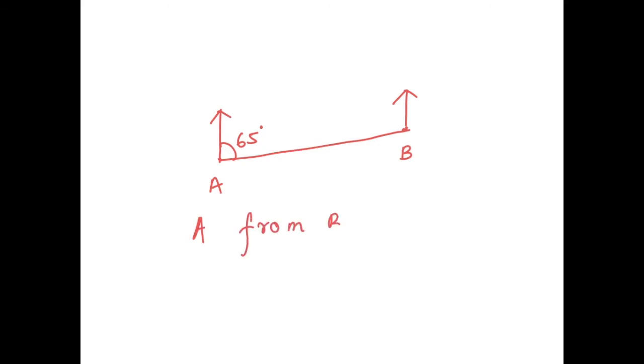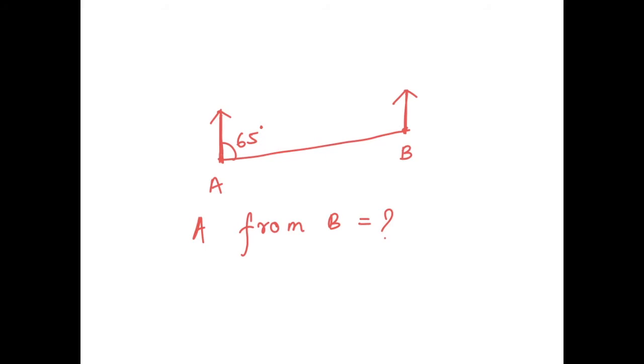In the next part, if you have 2 points A and B, you can make again north lines, and you know this is 65. And now they want the bearing of A from B. How will you get it? For this, we need to apply our angles knowledge also. As we know, these two lines are parallel to each other. When they are parallel, we need to know the corresponding angles and the sum of internal angles. So we will apply those laws here.